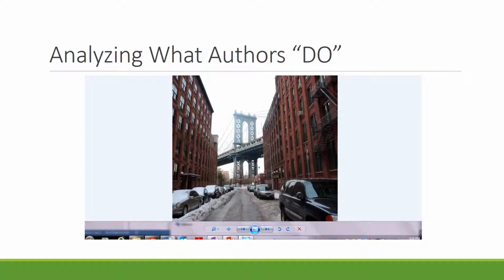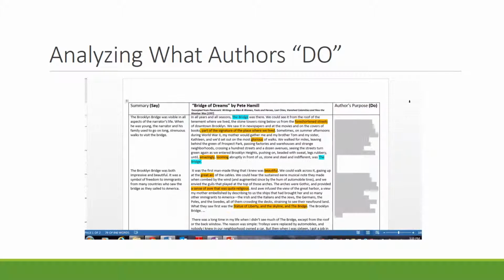Foreshortened, this is an example of foreshortening. So something is so big in the background that it makes everything else kind of look smaller. You see how the street down here is smaller than it is close to you? That's called foreshortening. And this is actually a picture of the Brooklyn Bridge, and that might be something like what the author would have seen as he was looking at it from where he lived. But you can see how huge it looks in comparison to the cars, and what a huge presence it would have been for anybody living so close. So I wanted to share that picture with you.